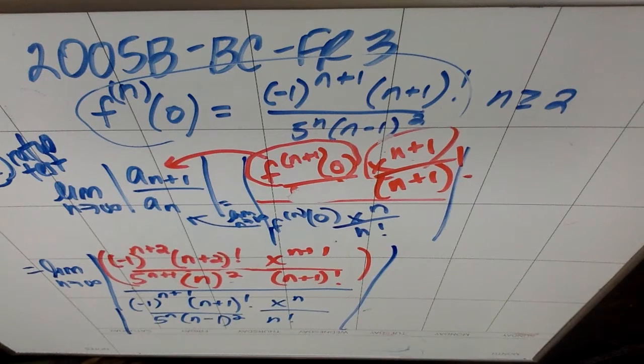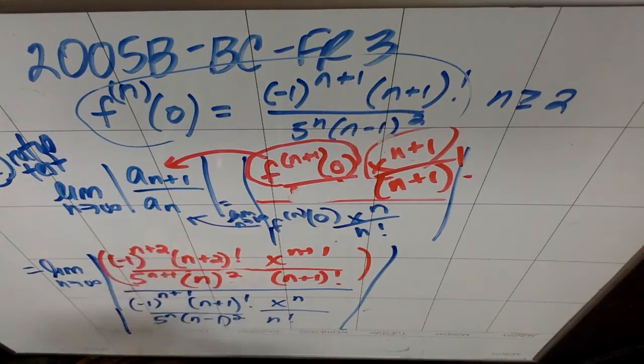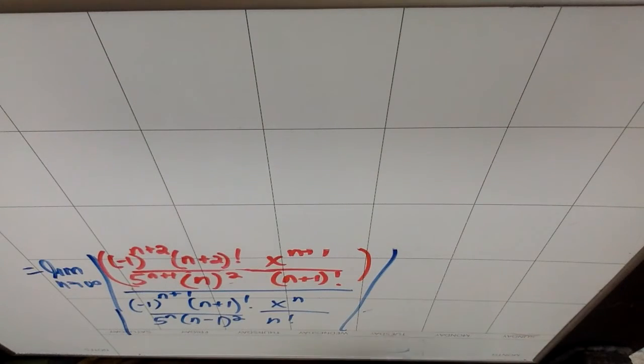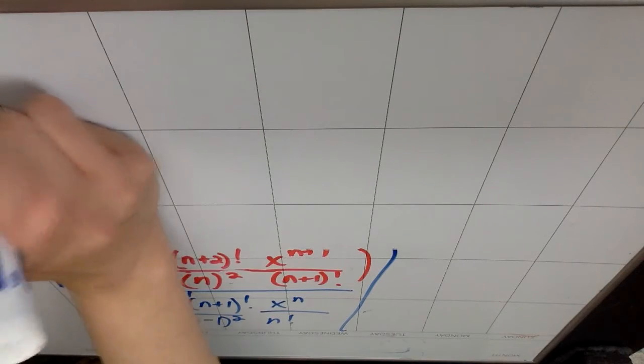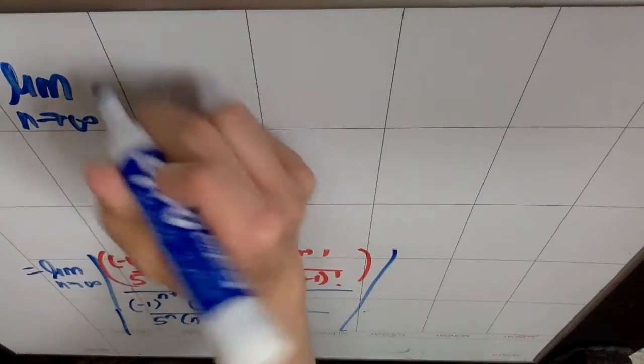Yikes. Okay, cool. So this is where I'm going to start, at this point, and I'm going to flip things over and cancel. The good news is that everybody has a matching partner. So this negative 1 to the n plus 2 is going to go on top of the negative 1 to the n plus 1, and so on. So I'm going to erase this top thing. And now that we've used that, I'm going to give myself the full use of the board because this is a monstrosity. Okay, so this whole thing is going to be the limit as n approaches infinity of,